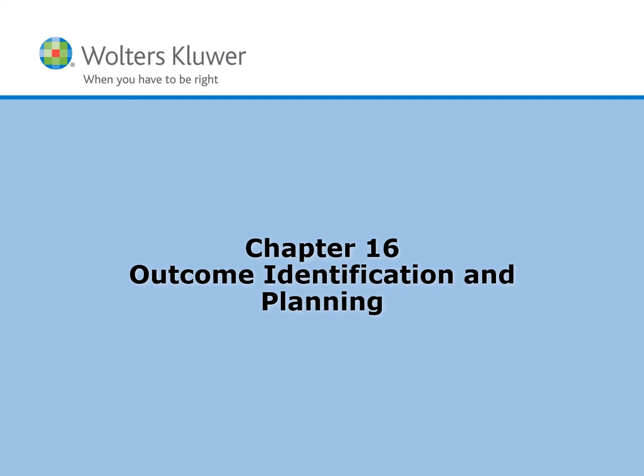Hello, today we'll be talking about Chapter 16, Outcome Identification and Planning. And after reviewing this chapter, the things that you should be able to do is describe the purpose and benefits of outcome identification and planning, identify 3 elements of the comprehensive planning, prioritize patient health problems and nursing responses, describe